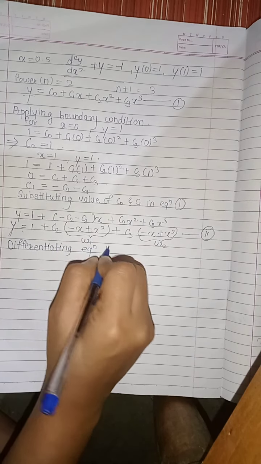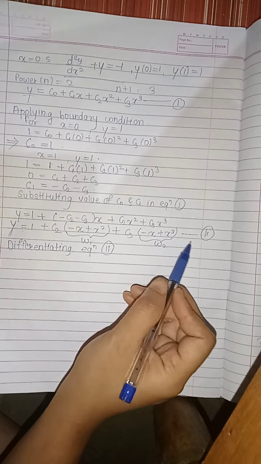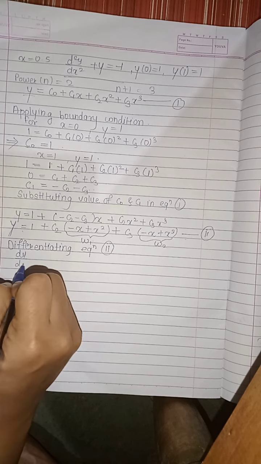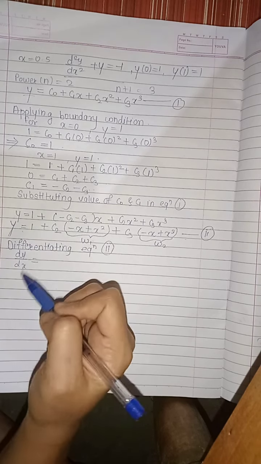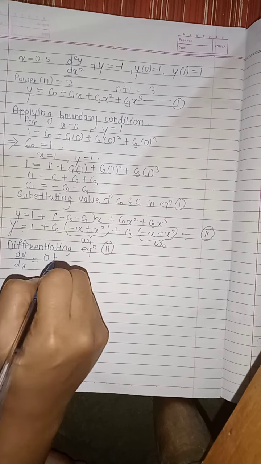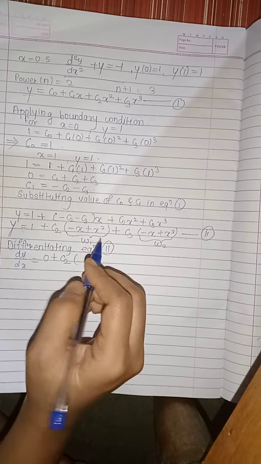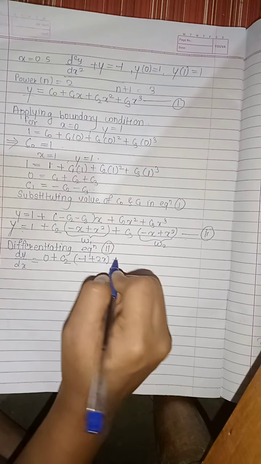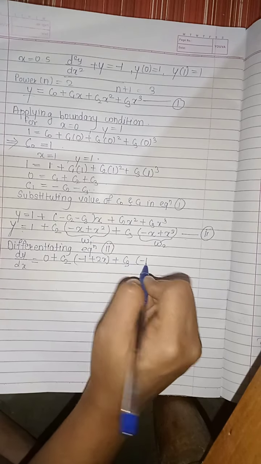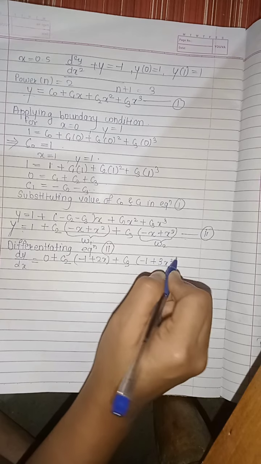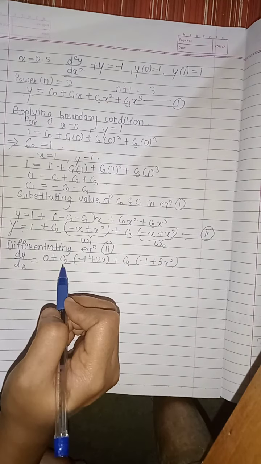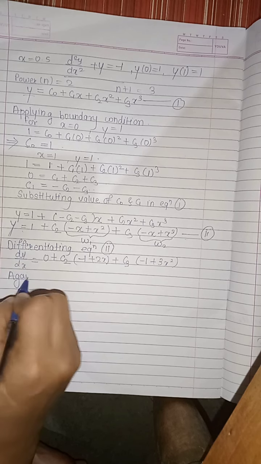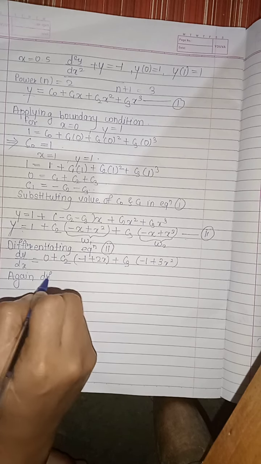equation 2, what we'll get is dy by dx equals to, this is constant, so it will be 0 plus c2 is again constant. Now derivative of this is minus 1 plus 2x plus c3 is constant, again minus 1 plus 3x square. Okay, so this is first derivative, and again we have to differentiate this. So again differentiating